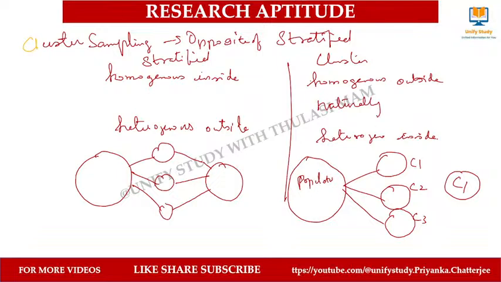This cluster sampling is a naturally formed group. What do you mean by naturally formed group? See, India as a country, we are all naturally formed as Indians. And then we have a cluster of people, a community here, and then each representation will be taken. And that we call a cluster. For example, the census that we take, that census data comes under cluster sampling. Okay, clear?